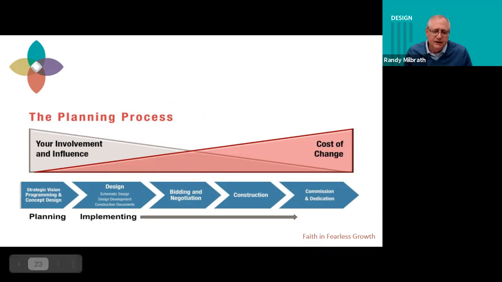Along the bottom, there are these blue arrows that say there's a planning piece, and that's a lot about what we're talking about today: the strategic visioning, the programming, the conceptual design, what it's going to look like. And then there's making certain your finances fit that dream, that the dream is fulfilling your ministry, so that we can go through the steps of implementing, or actually designing and building an addition or a renovation or a new church, as you might see it.